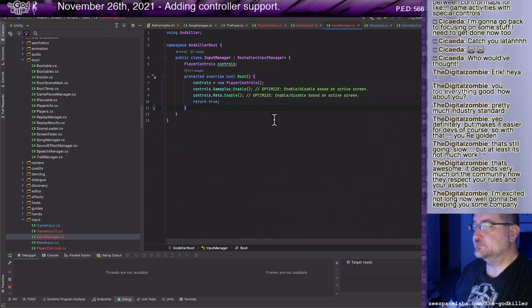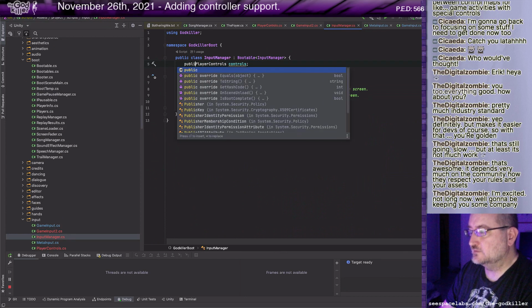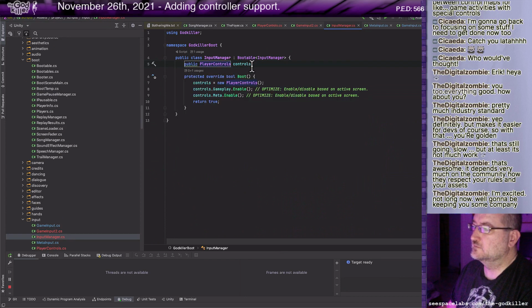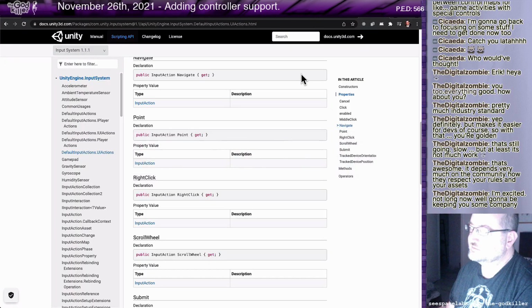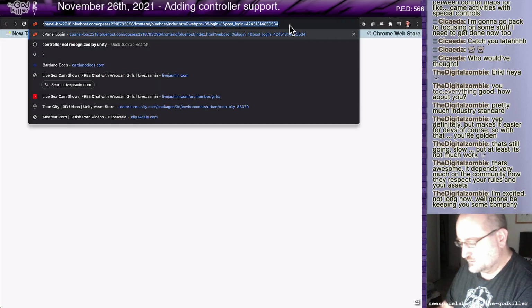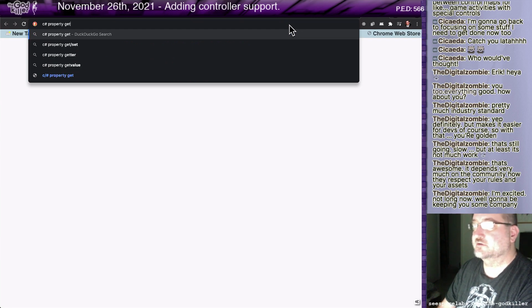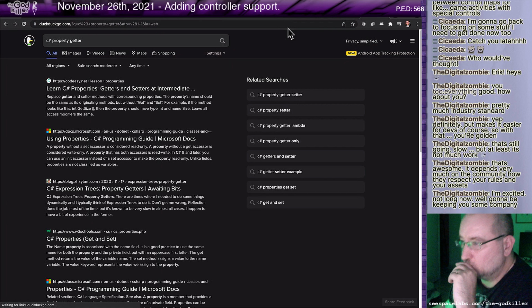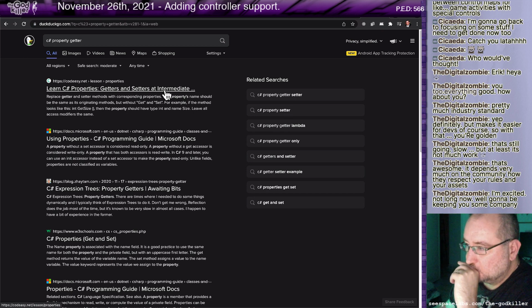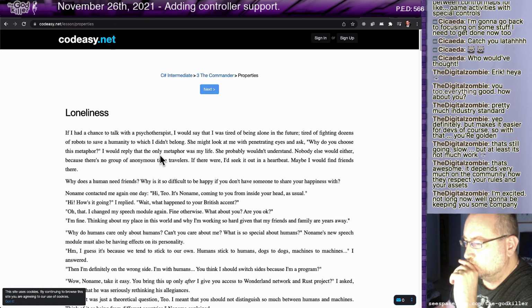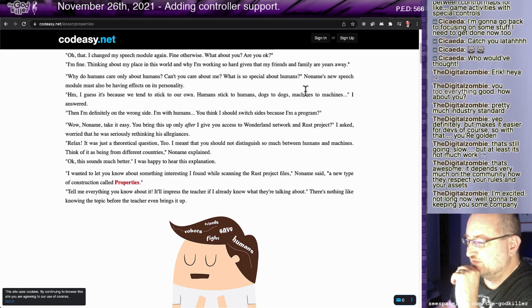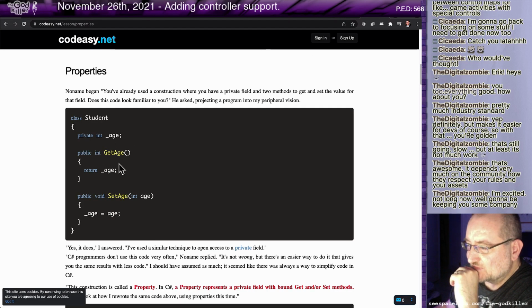Okay, and then let's just make this a public property. I always forget the syntax on properties. It's like C# property getter. No, I don't want to see all this stuff. Just give me, okay, there we go.